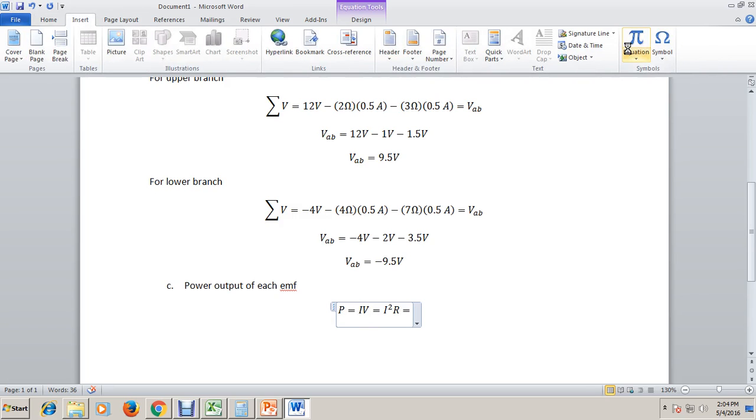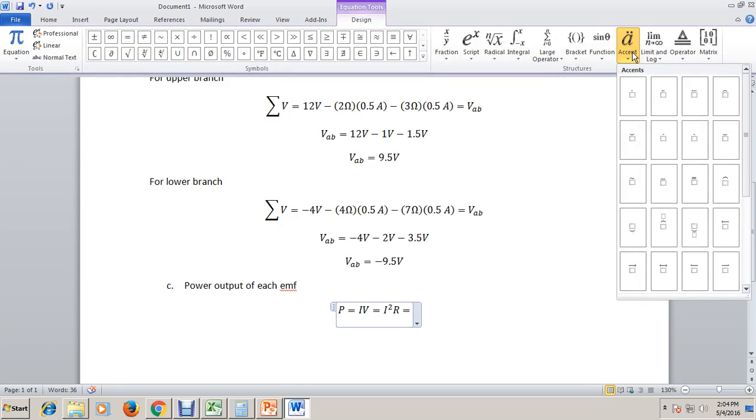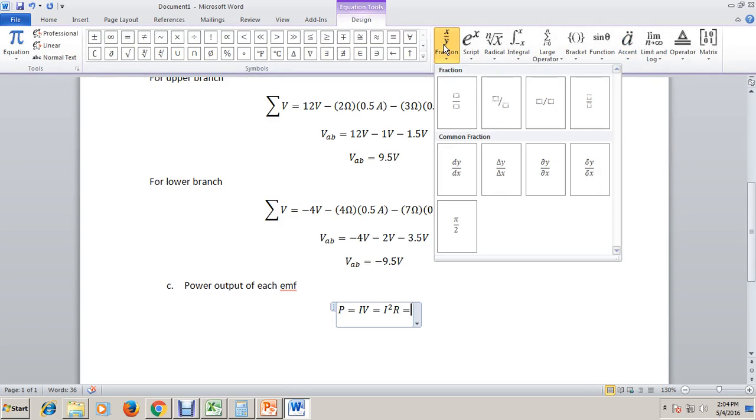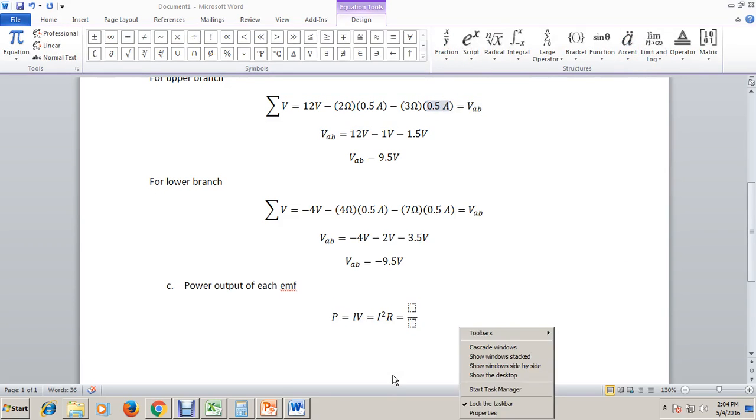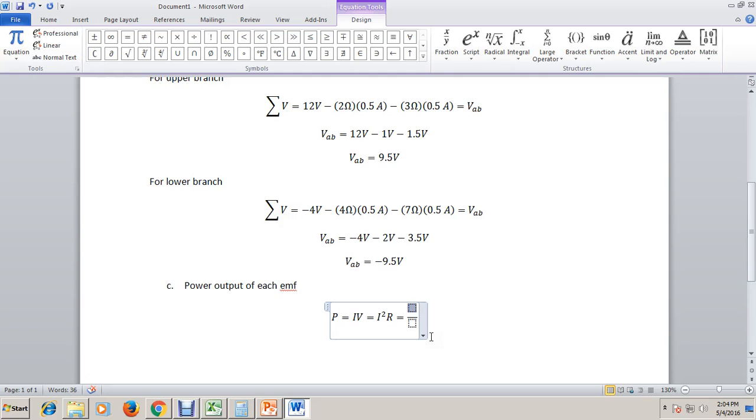So doing that, the formula for power becomes